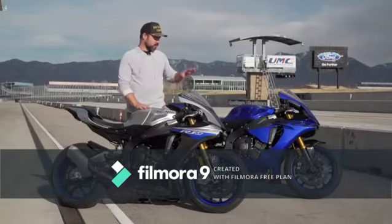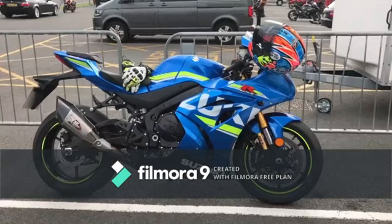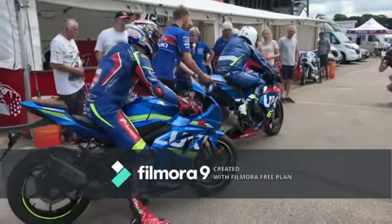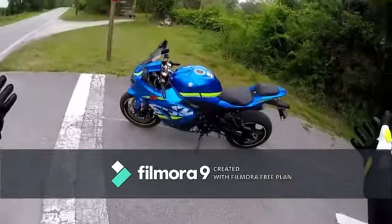Up next is another one from Japan. Number 8, the Suzuki GSX-R 1000. The Suzuki 1000, the OG squid missile. The GSX-R gets a bad rap for having some dude with flip-flops and a tank top riding it, but here it is on top of the R1M and the